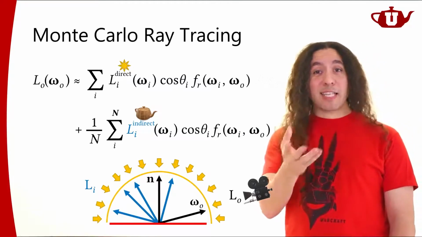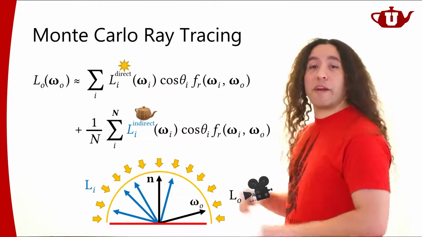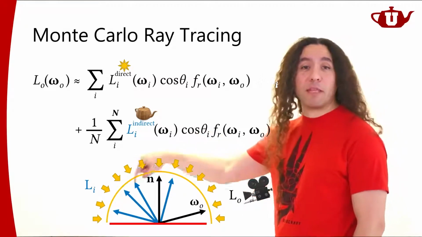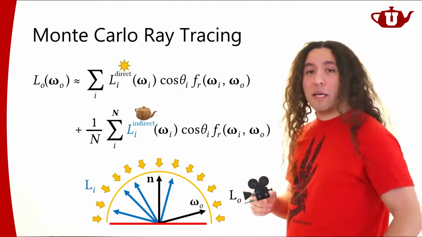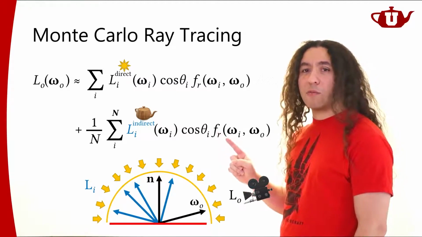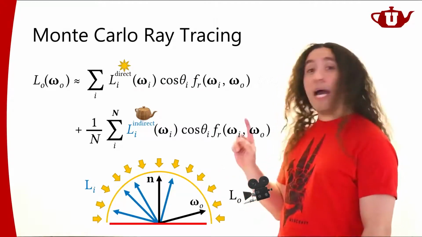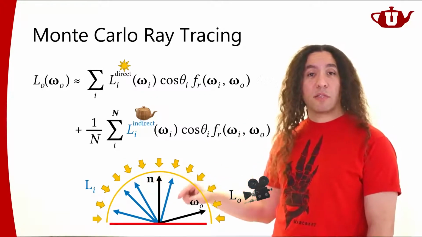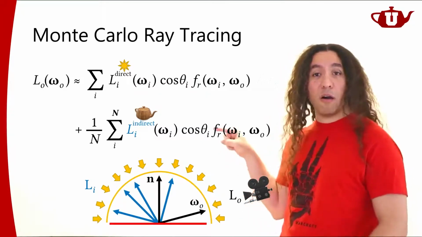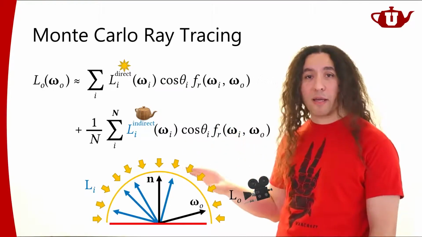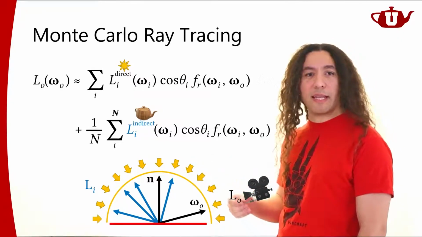And just like how important it is to pick samples distributed over a pixel, it is very, very important how you randomly generate these random directions. You don't necessarily want to generate them completely randomly. You probably want to factor in what this BRDF looks like. That's also another big topic in computer graphics. How do you generate these random samples so that on average you get more and more accurate estimation of this integral over here? That's again a big topic that I'm not going to go into, but I would like you to sort of appreciate this complexity that exists here.